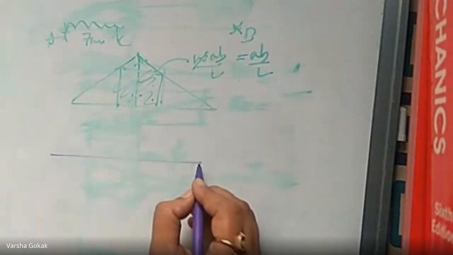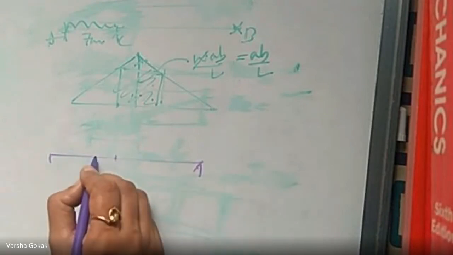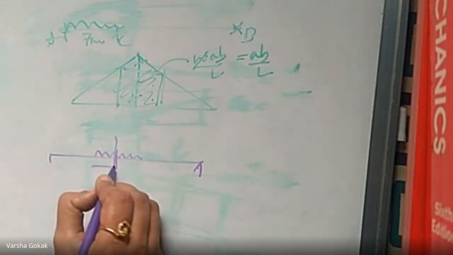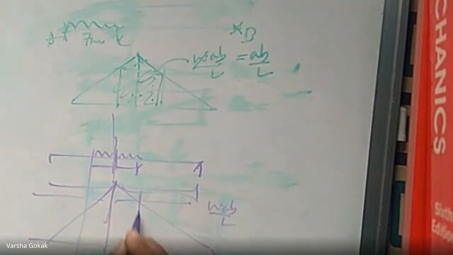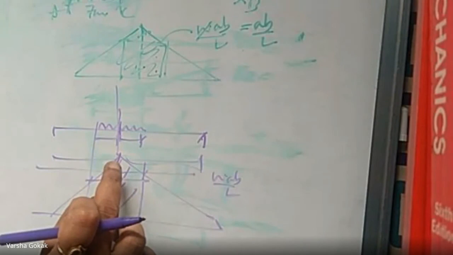After that, we calculated the maximum absolute bending moment, wherein we placed the loading exactly at the center. This is also the center for the entire beam. For this, we plotted the bending moment diagram with WAB by L, A and B being the same now. Calculate this value and then calculate the ordinates YD and YE and take this into consideration. So for absolute bending moment, when we are calculating, the loading into the area of the rectangle and the area of the triangle should be considered. Okay, so this is the procedure.